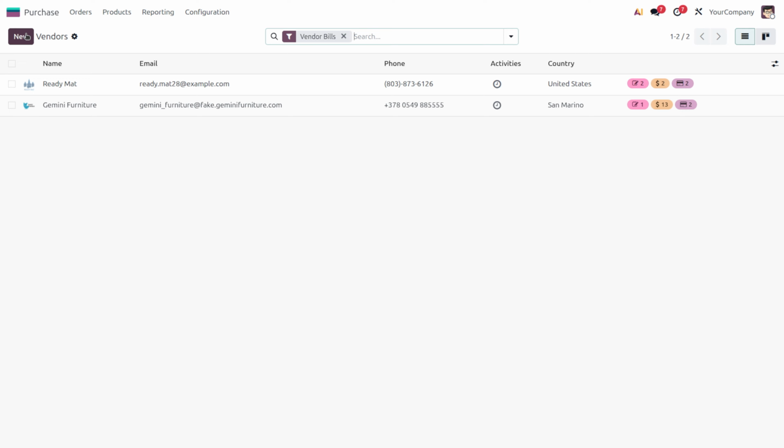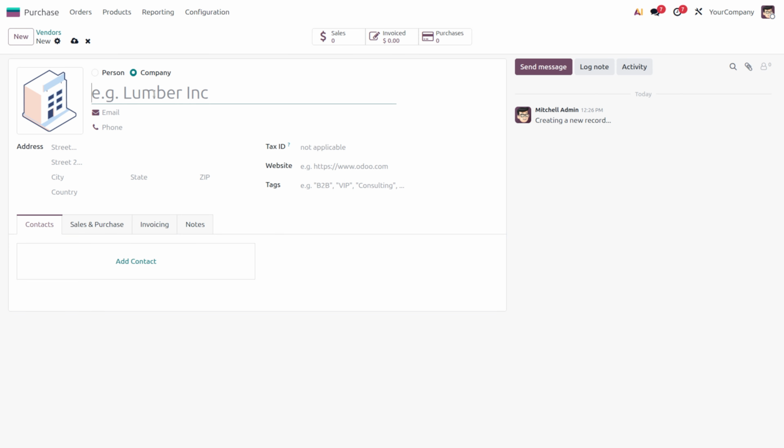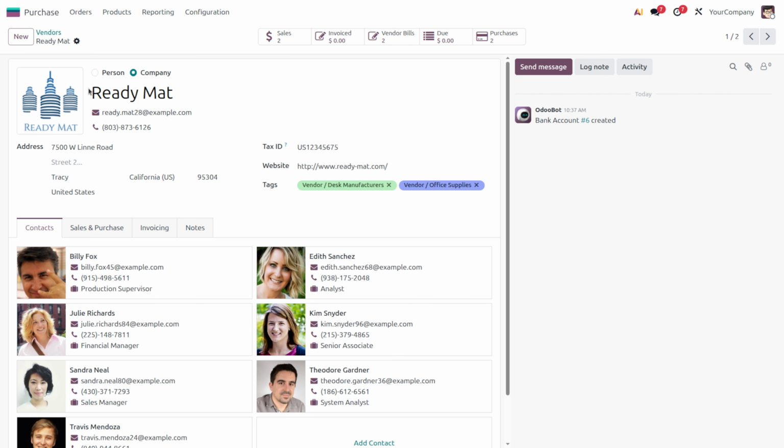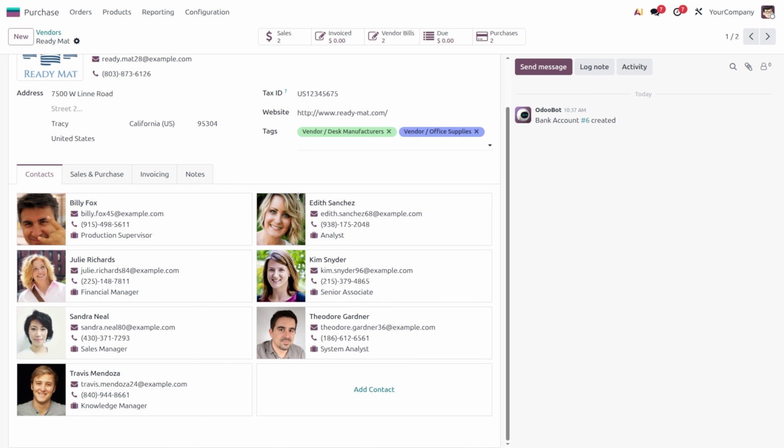Now to create a vendor, you can click on the new button, and here you can see that we can create the vendor in two ways. It can be either a person or a company, and you can fill out the details. Now let me consider one of the existing vendors. Let's say the vendor is ReadyMate, and you can see that currently ReadyMate is a company, and we need to fill out the details such as email, phone number, as well as the address. And upon moving on to the contacts,